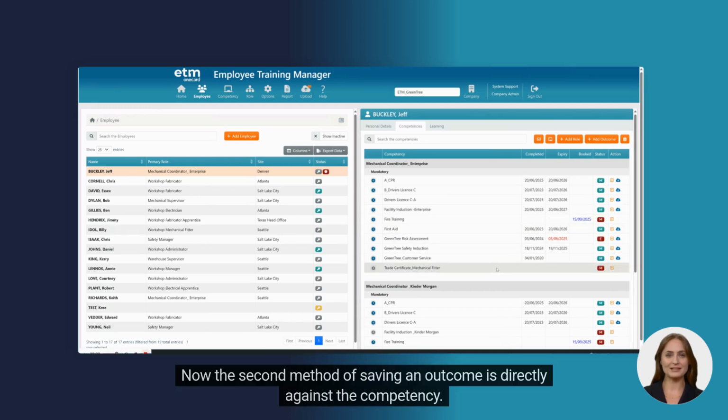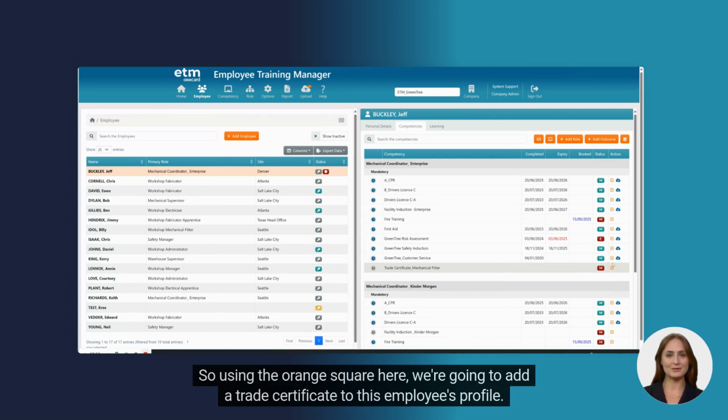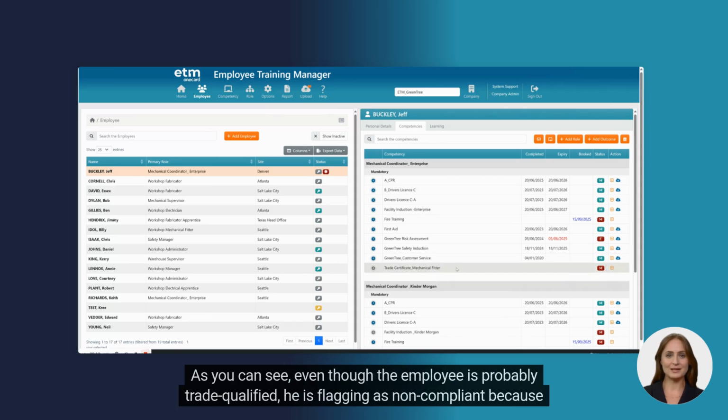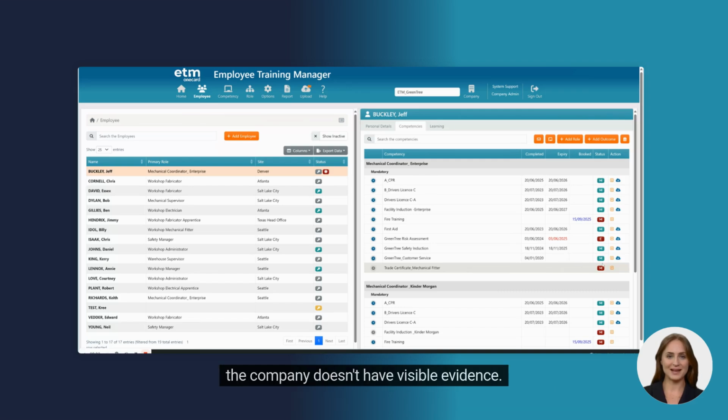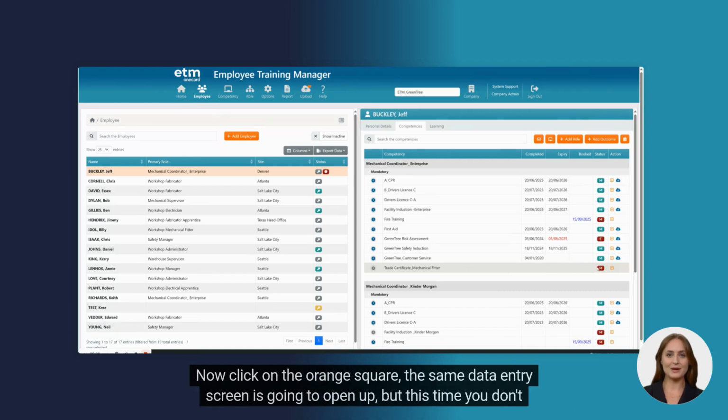Now, the second method of saving an outcome is directly against the competency. So using the orange square here, we're going to add a trade certificate to this employee's profile. As you can see, even though the employee is probably trade qualified, he is flagging as non-compliant because the company doesn't have visible evidence. Now click on the orange square, the same data entry screen is going to open up,